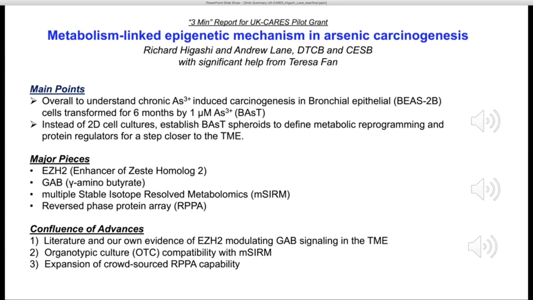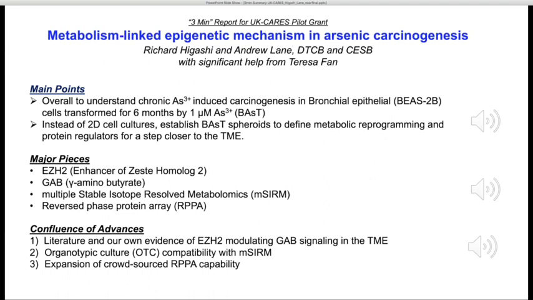Now, the major piece in our report is EZH2, which catalyzes the trimethylation of histone H3 lysine 27. But most important to this is that it's critical to cancer initiation and progression, and is frequently overexpressed in lung cancer. And this is from our own in-house RNA-seq data, as well as some literature, as well as for many other human cancers. GABA is an inhibitory neurotransmitter that also modulates inflammation implicated in human cancer in various ways that's